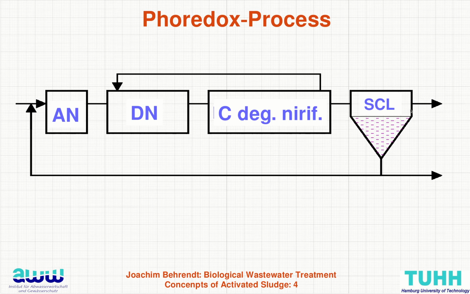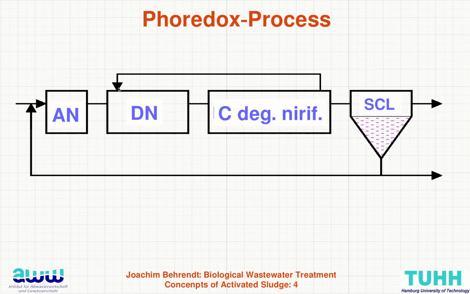Last but not least, in the secondary clarifier the sludge is separated, excess sludge is also removed, and a big amount is brought back to the anaerobic tank. This sounds quite nice. So we can make use of the internal C sources, what is not stored in the BWP bacteria, but